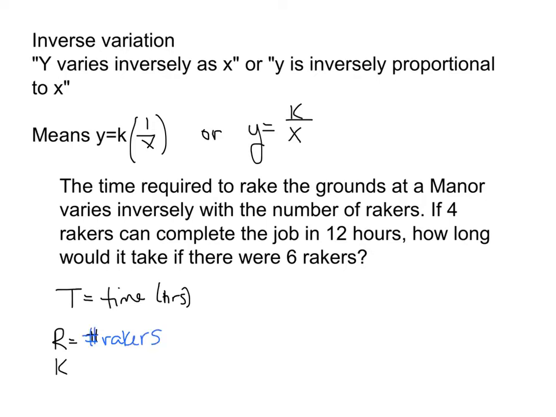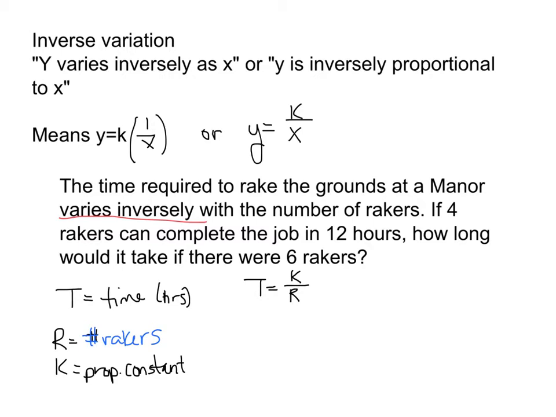And then K is our proportionality constant. So to start this problem, we need to set up our variation problem. Since it is varying inversely, and by it I mean the time, we'd have T is equal to K over